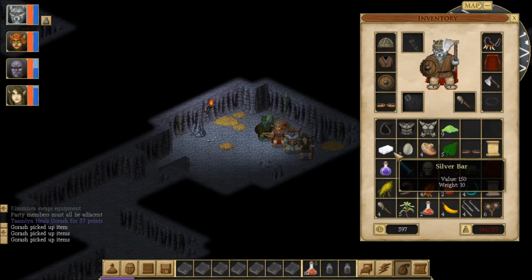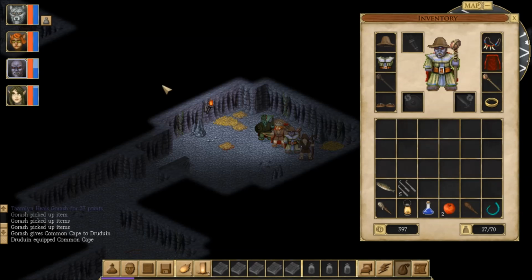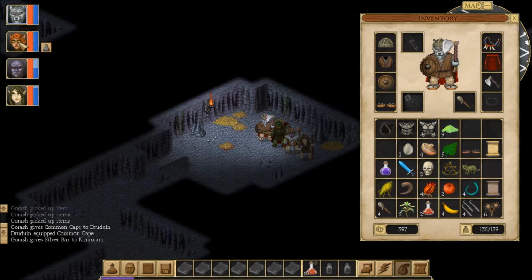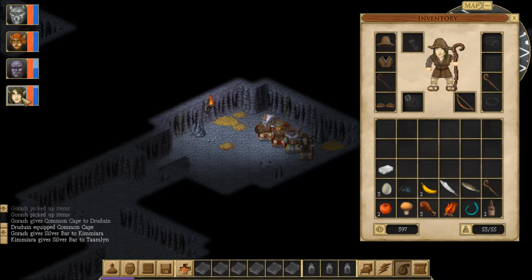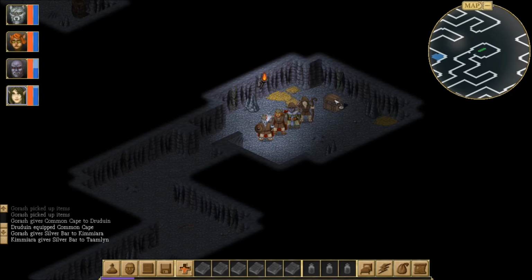I think that our magician does not have one of these, so we will throw it onto him. And we are overloaded with our silver bar. We'll throw that onto her. Now she is overloaded. How heavy is the silver bar? 10. That is pretty tremendous. She is not overloaded. She's close, though. Alright, well, I feel like that probably might not have been worth it, but